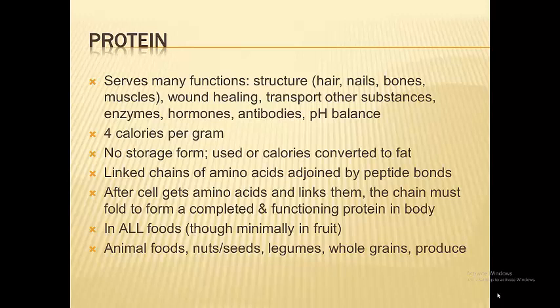You learned that proteins are linked chains of amino acids adjoined by bonds called peptide bonds, and that when we take in food, digestion breaks those peptide bonds and singles out each one of those amino acids. They enter the bloodstream, they travel to the cell, the cell takes them up and rebuilds them back into functioning proteins, like enzymes or hormones or antibodies. And you learned that it is not until it folds up that you have a completed protein, and that becomes relevant again in this week's section.